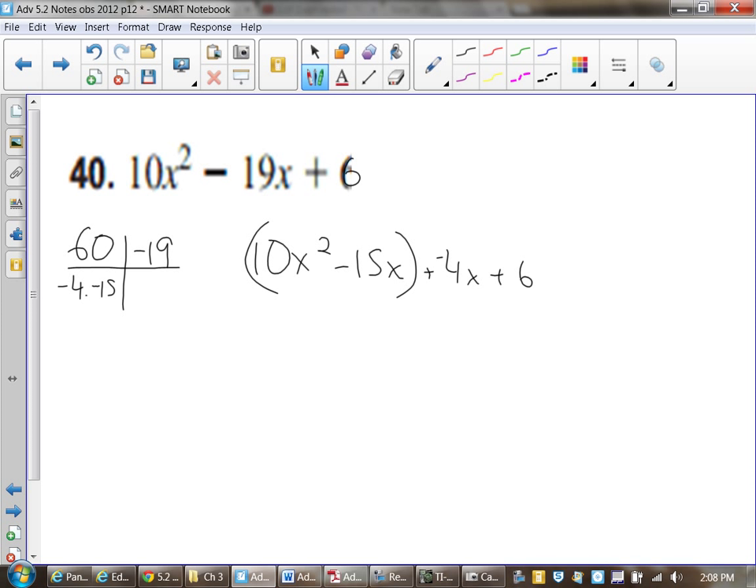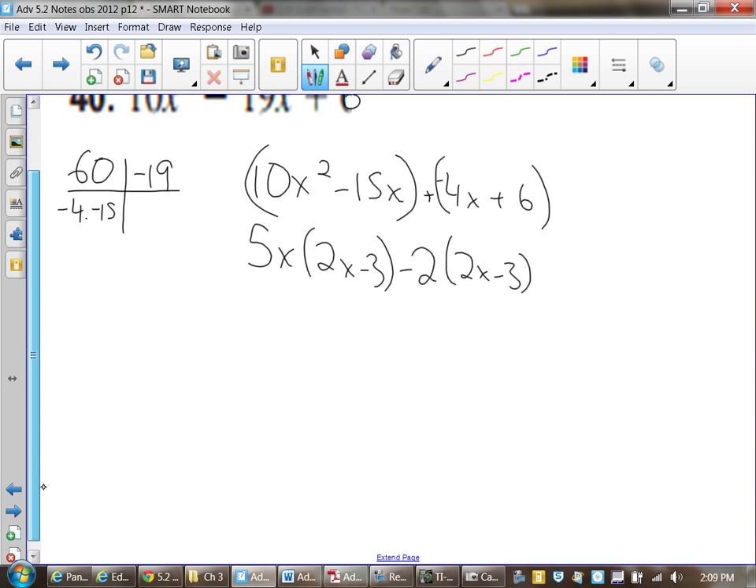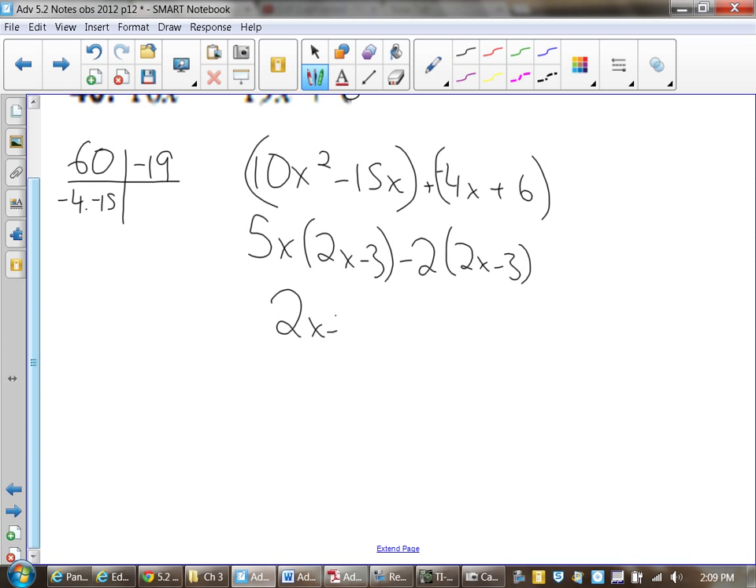What's my GCF of that first group? Good. I'm left with 2x minus 3. GCF here, take out the negative 2. I have 2x minus 3. Are those the same things in parentheses? Write it down. And I'm left with